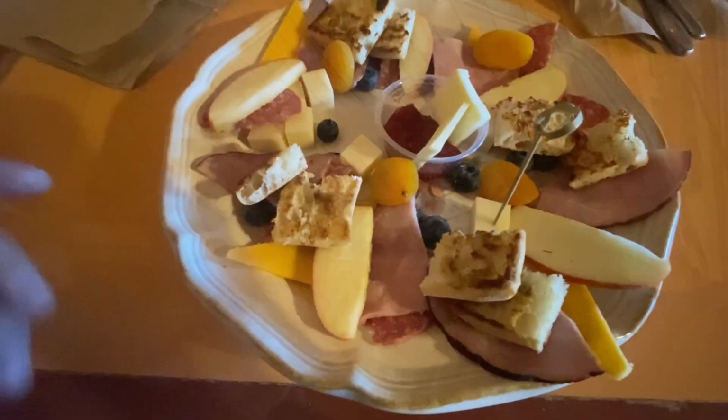Pretty good. So this is called the German breakfast. I had no idea what it was when I ordered it, but it's like a charcuterie board. So not the typical New Mexican style food that I usually stop for, but how many huevos rancheros can you guys watch me eat? So in the last year and a half, I would definitely say that's the most healthy breakfast that I've had. So Roots Farm Cafe in Tijeras,